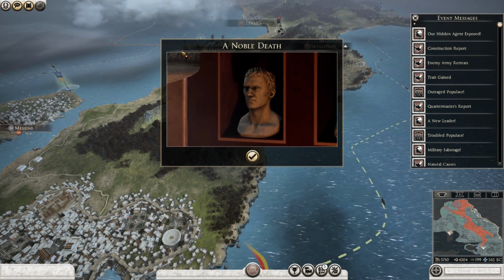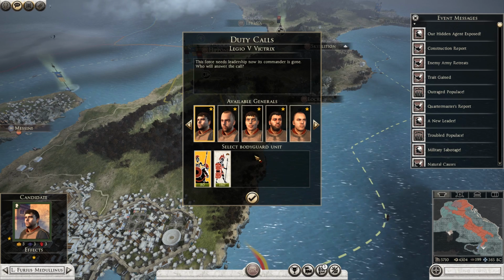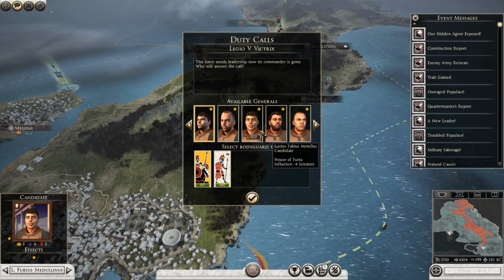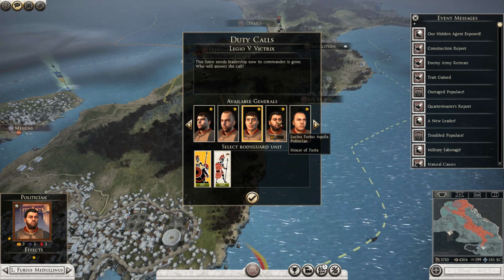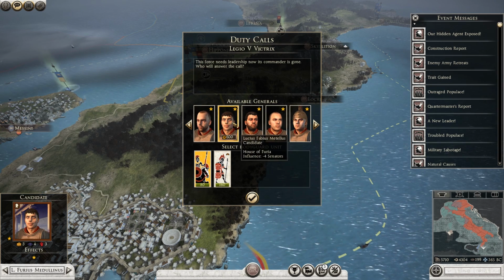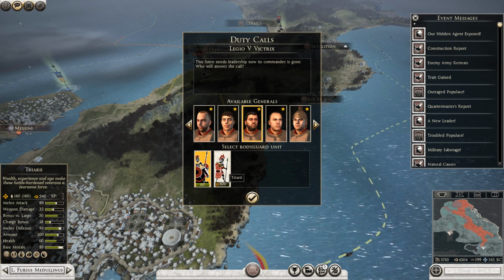A noble death. Who has passed to the afterlife? We'll bring in our House of Furia, yes. Oh, wait, you're not the one, are you? No, it's Aquila. Also, you have really creepy eyes. You're like properly staring at me. It's this guy, Aquila. We'll go for...